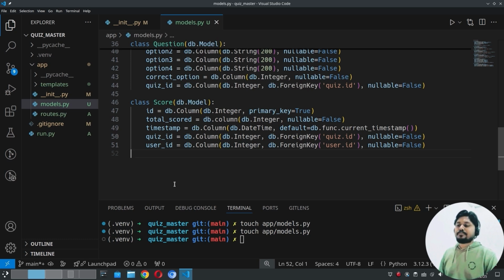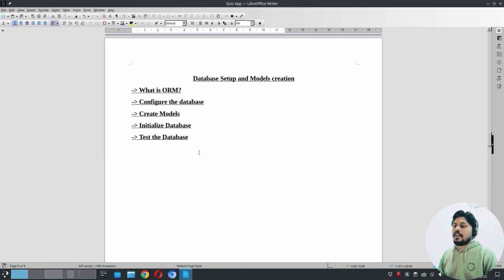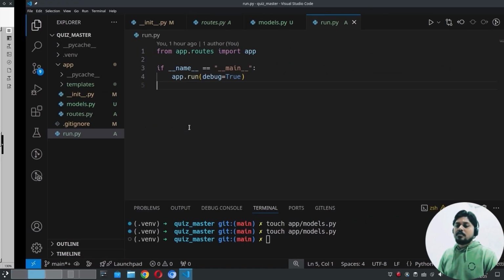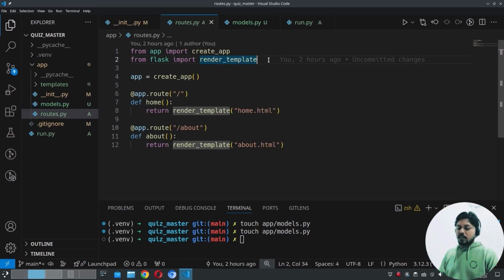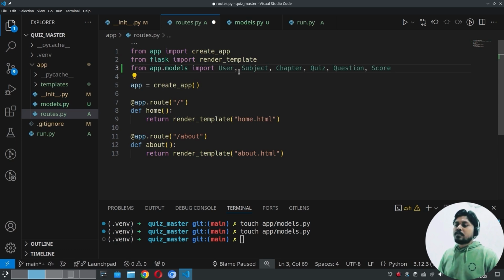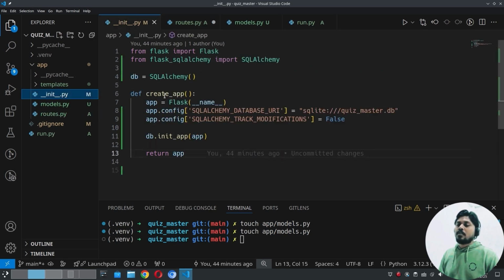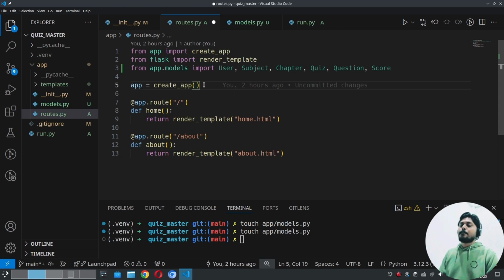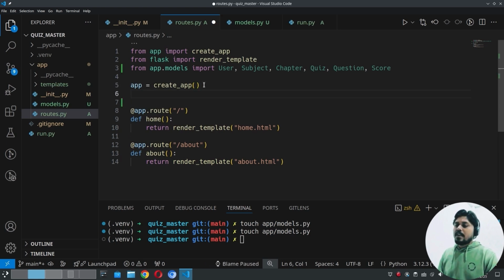Next is initializing the database. For doing that, from app.models import the user, subject, chapter, quiz, question, score, and then we are creating the application here. This application we are calling and storing in app, and then what we have to do,